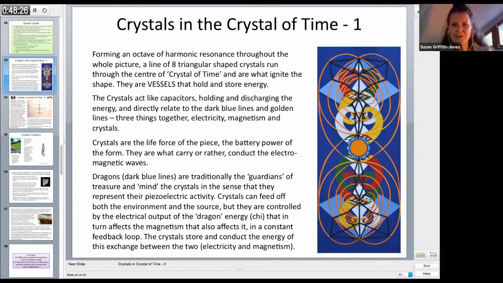Now, you know, I haven't been divisive in making the crystals in this sense of relating to electricity and magnetism. If you remember rightly, I laid down the crystals in relation to harmonic octaves of harmonic resonance. So I was coming from one angle, and actually now this has metamorphosed into another aspect, which is as a way to store the energy of this shape, which, of course, remember I told you earlier, I planted the seed in my mind that it may be